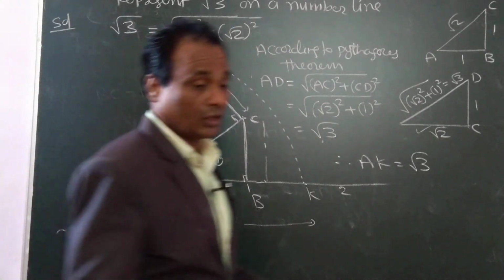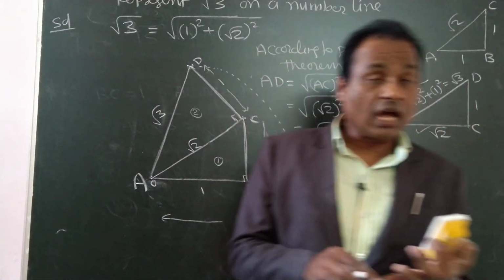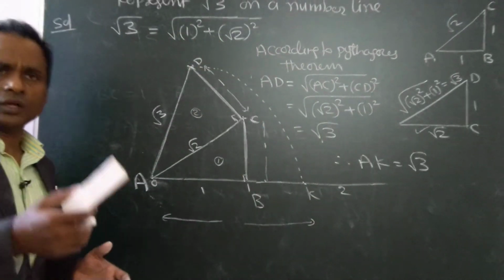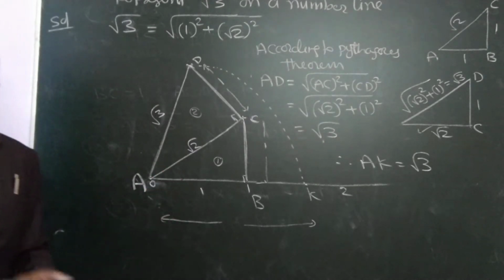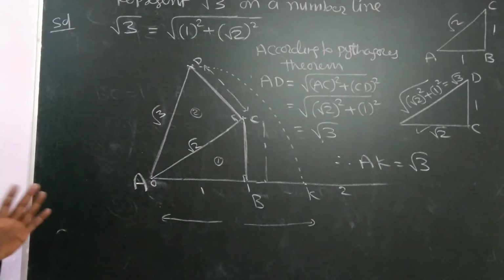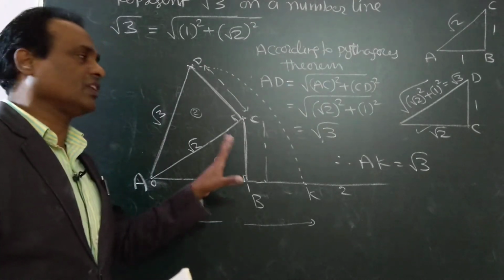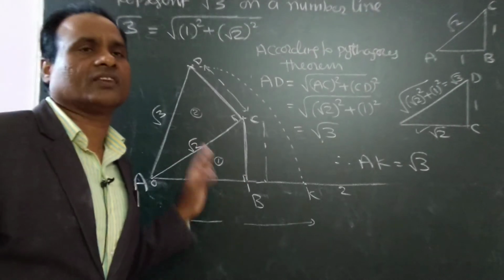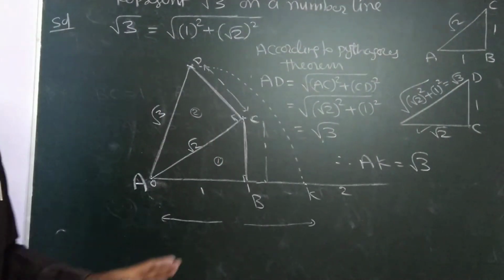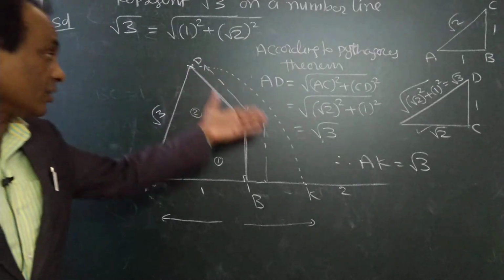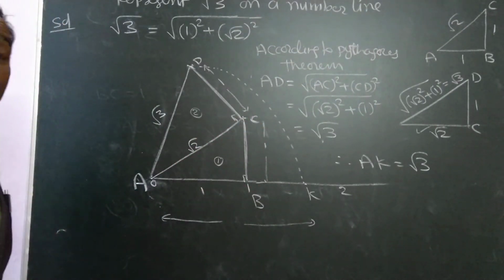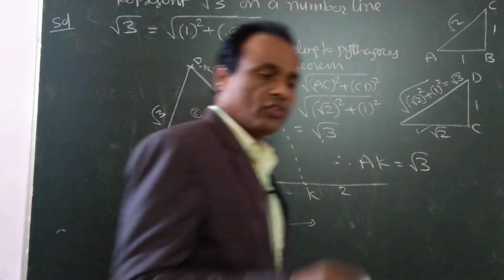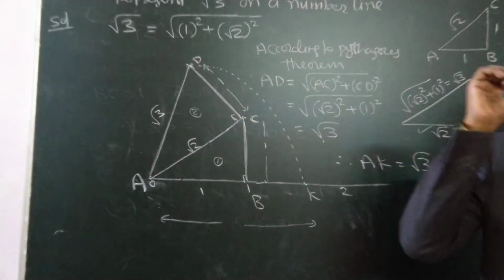You practice this. Root 2 I explained, root 3 I explained, yesterday I explained root 5 and root 10 also. So this is enough. Example problems I explained, exercise problems I explained. You just practice it because it is not so easy. Representing the root number on a number line is definitely a difficult process, and it is geometrical also. We are using compass, scale and all. So definitely it is difficult, but if you practice it 2-3 times, you will get the idea. So after this class, you just go through and practice it.